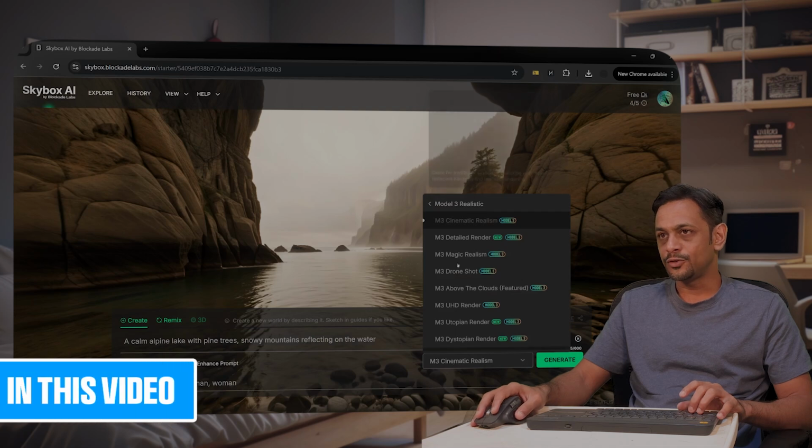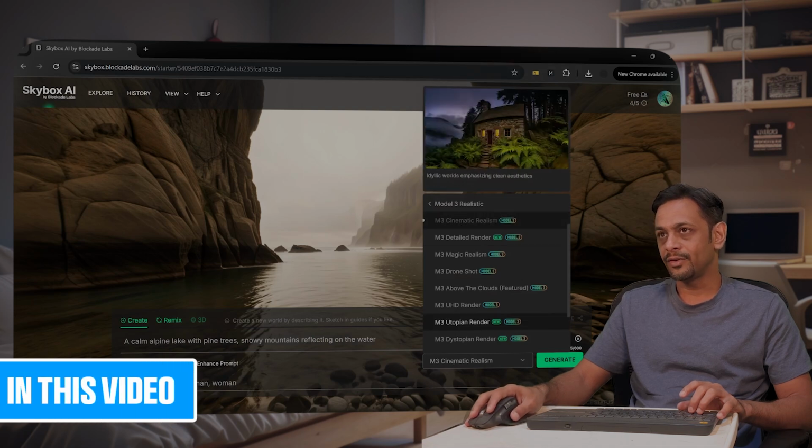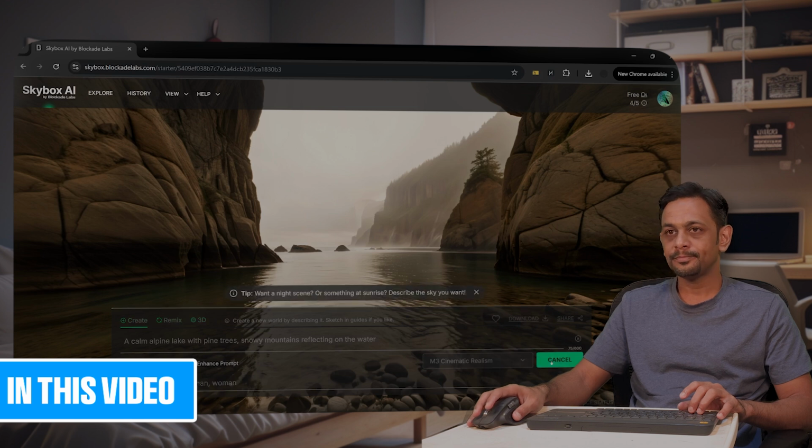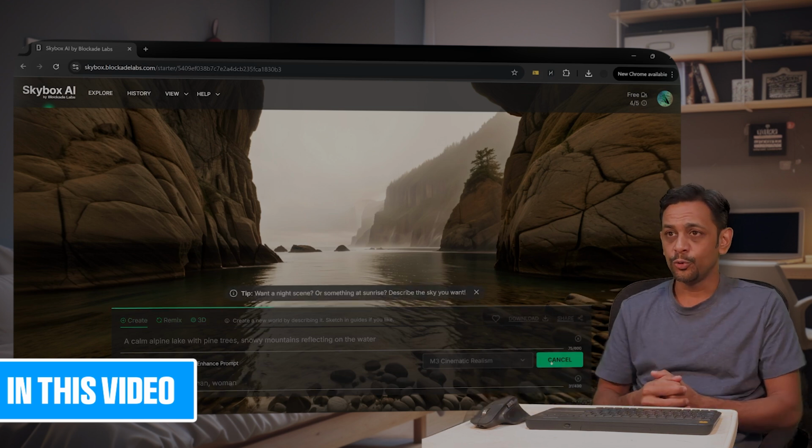The model that we have chosen is M3 Cinematic Realism, and I'll click on generate. It'll take a minute or two maximum, and